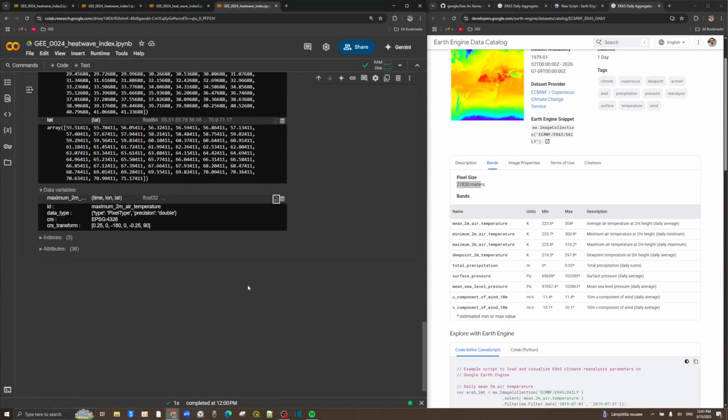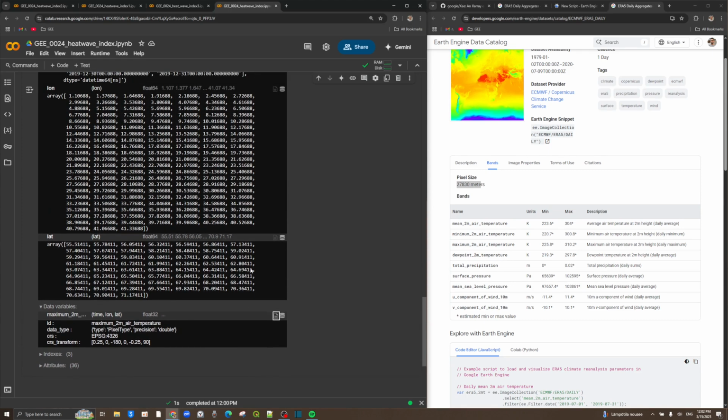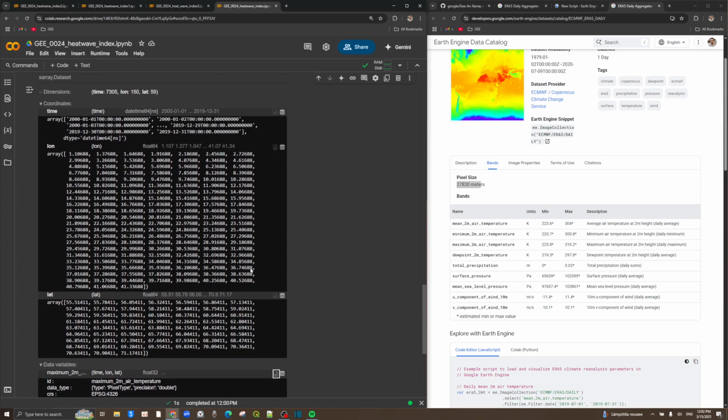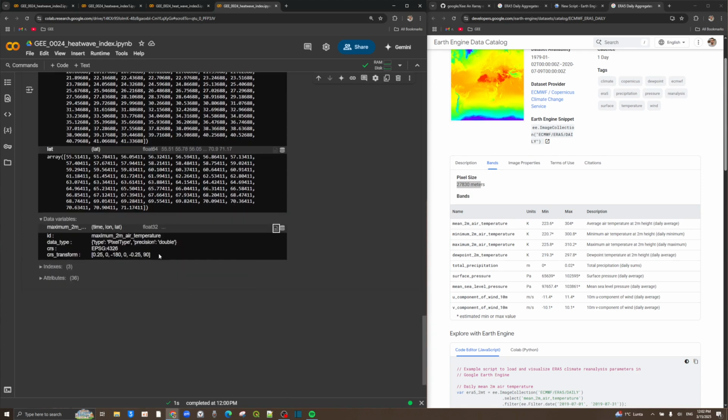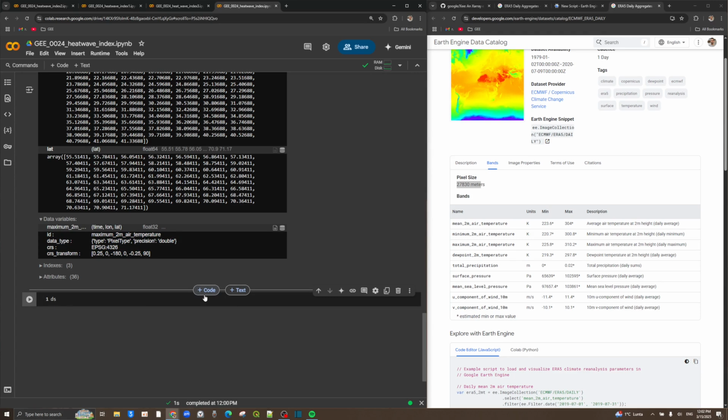As we want to calculate the heat wave index, it is important to set the unit of measurement in the data properties, or the data attributes here. So for the target dataset, select the target variable. The target variable is the maximum 2-meter air temperature data. Select the target variable and then use